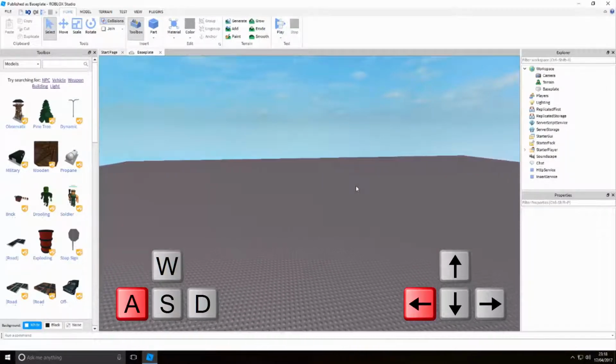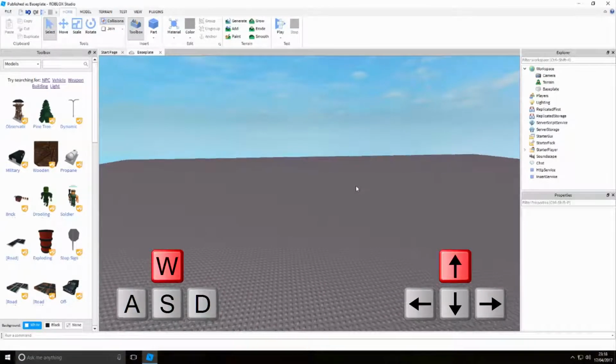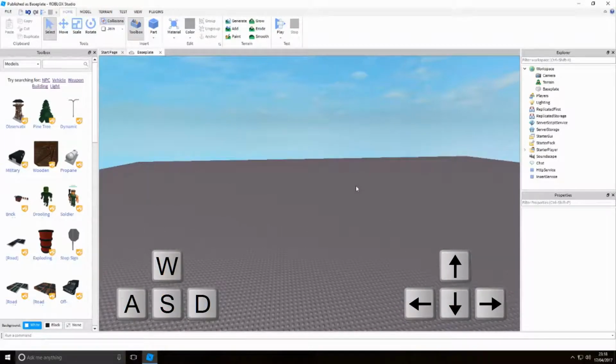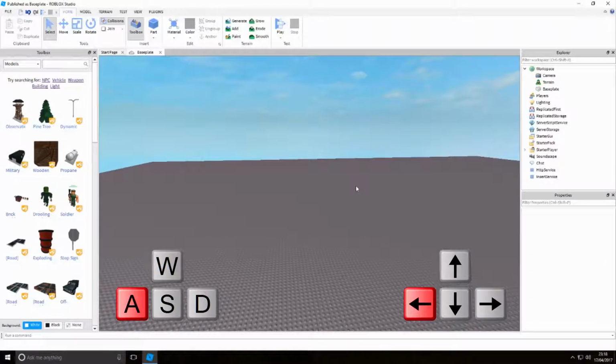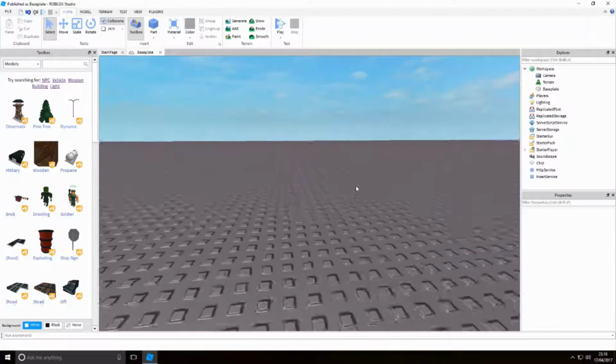And it's exactly the same with the arrow keys, apart from it's a bit more self-explanatory. So the forward arrow key makes you go forward. The backward arrow key makes you go backwards. And the right arrow key makes you go right. The left arrow key makes you go left. So it's that simple. But the problem here is you can't actually move the rotation of